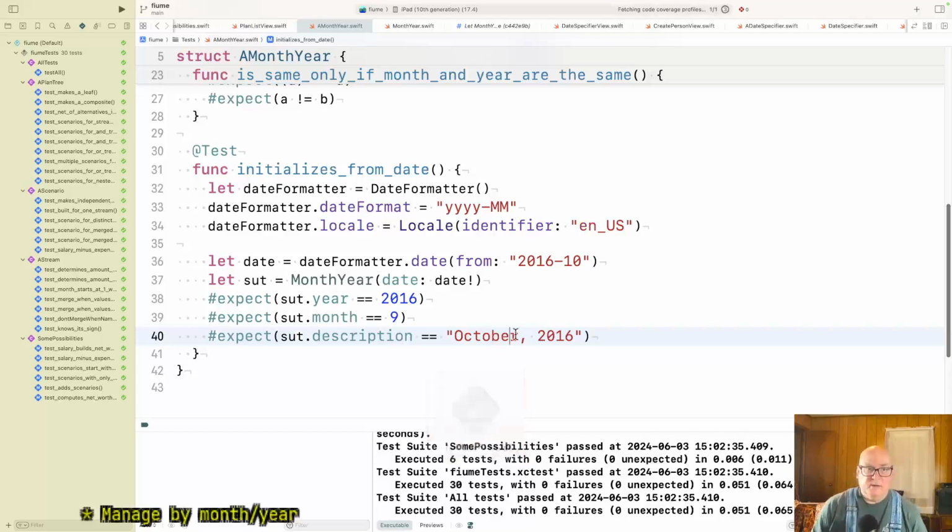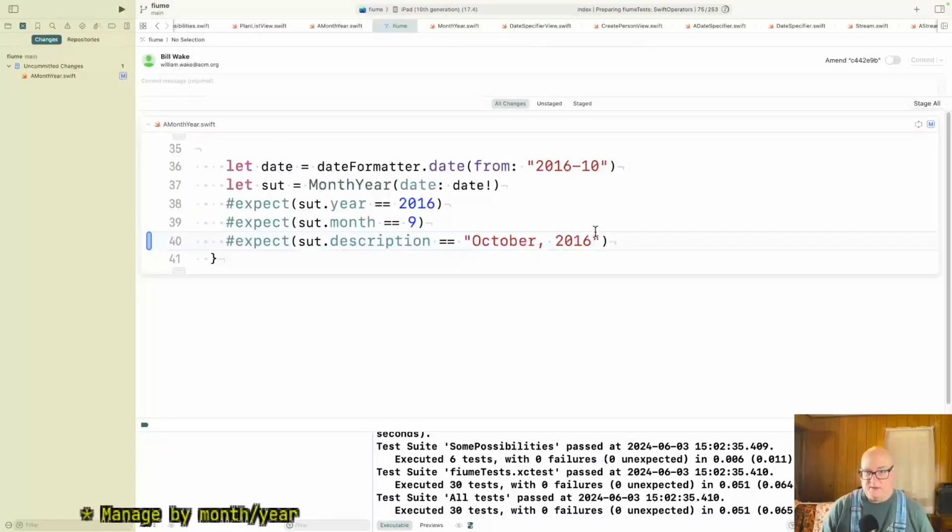Yeah, I kind of want to get away from month year being nullable. I mean, if you wrap in a date specifier, it's not. Okay, so this test makes me feel better that the human readable version here and here align.